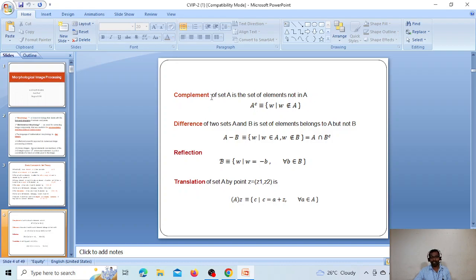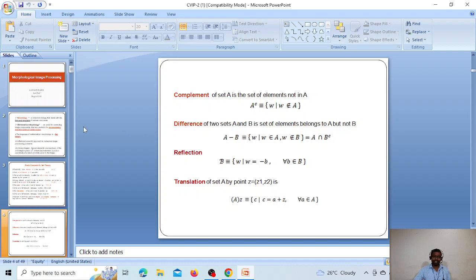Other operations we use in morphological image processing: one is the complement. The complement of set A is the set of elements not in A. We represent A complement as the set of w such that w does not belong to A. The difference of two sets A and B is the set of w such that w belongs to A and w does not belong to B. It is the same as A intersection B complement.